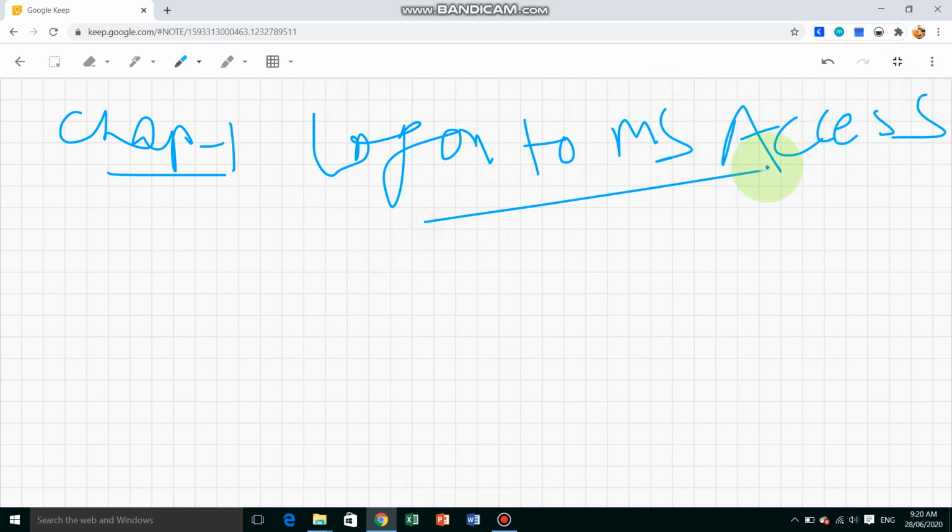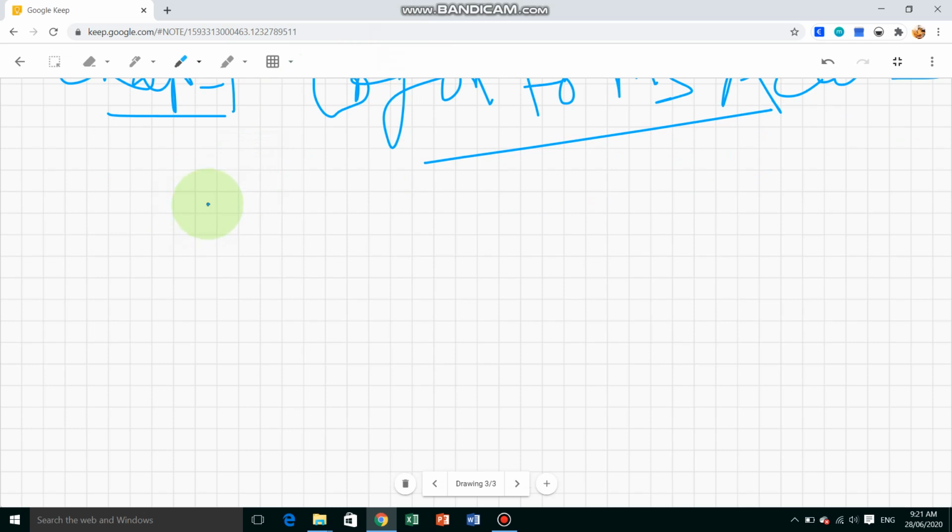So in this chapter we will learn about database models, how to insert a record in a database, how to create the database and how to start our database. All these things we will learn in this chapter. First, before we move on to any topic, we need a basic understanding of the structure of a table.